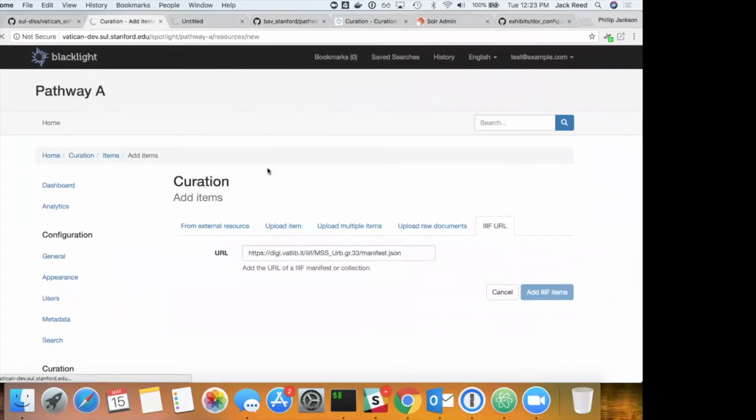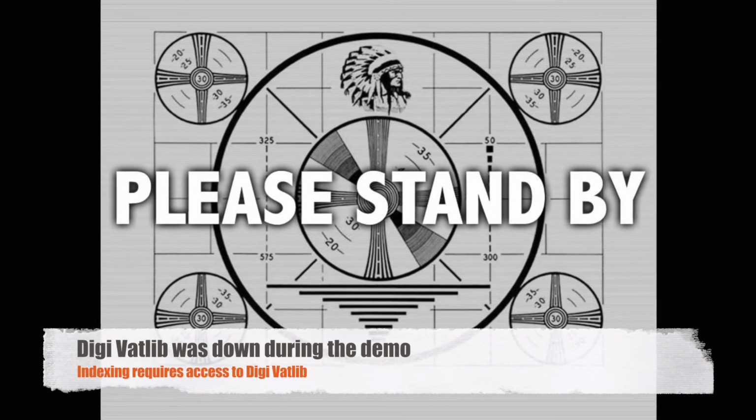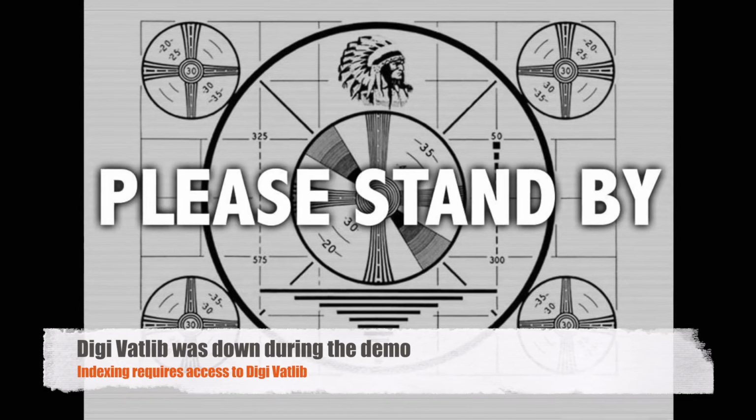One thing to note is that this server has all of the services needed on it to run Spotlight. So it's not our recommended way to run Spotlight, but it doesn't have that many resources tied to it. So the indexing can sometimes take a little bit of time. Finally,